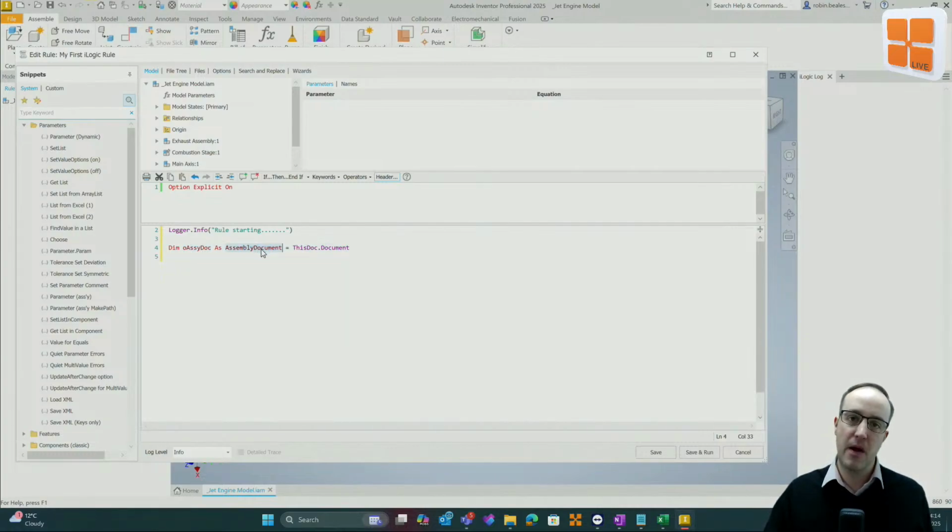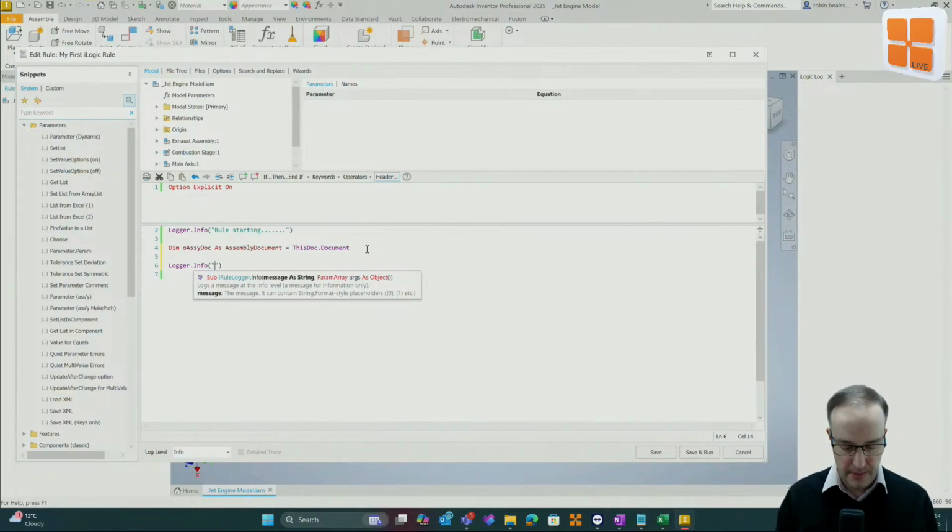This is something from the API. You'll be able to pick this up from the code reference that I showed you earlier. And then I'm setting that to ThisDoc.Document. I'm then going to log it. I'm going to say logger.info. I'm going to open brackets, open speech marks, and I'm going to say